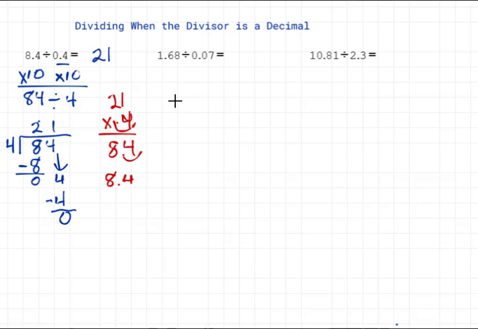Let's look at our next problem. We have 1 and 68/100 divided by 7/100. When I hear hundredths, that tells me each term will be multiplied by 100. And the reason we multiply by the same number is because we're trying to keep the values equal. We're not changing the value. If you're multiplying by the same thing, the value stays the same. So now we have